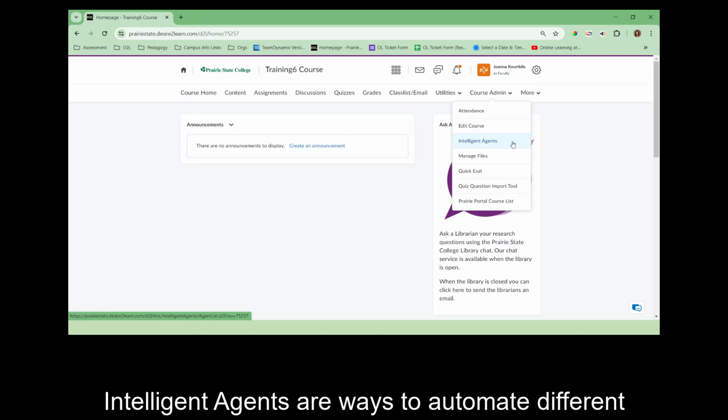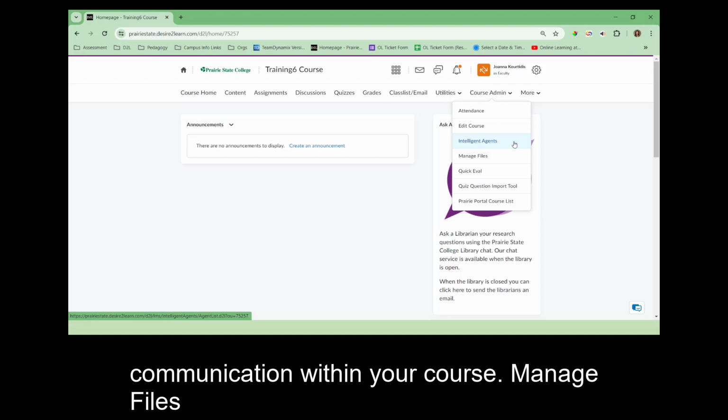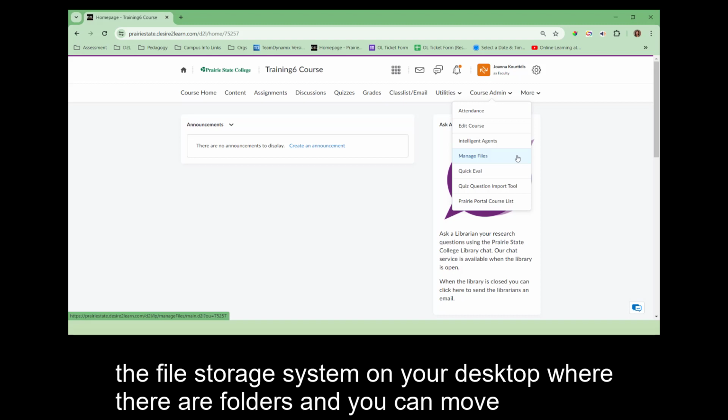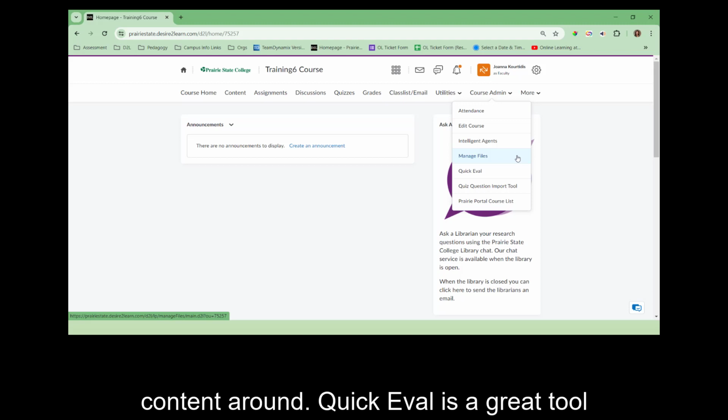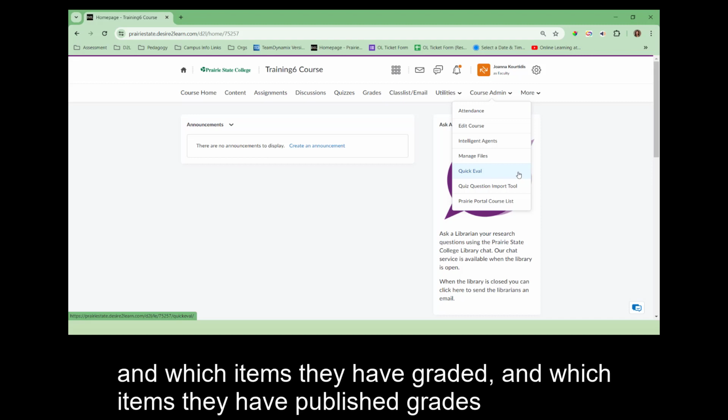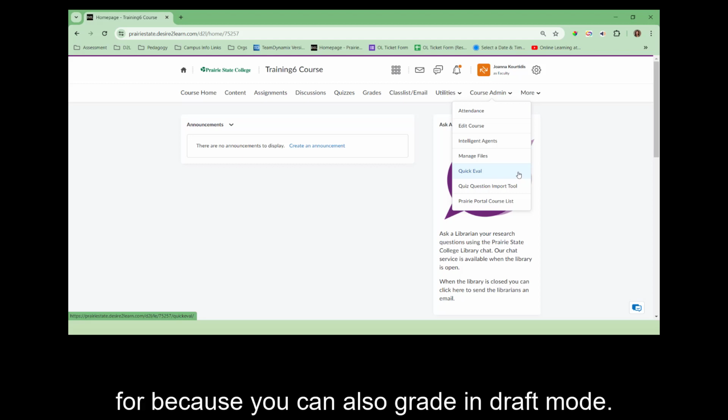Intelligent agents are ways to automate different communication within your course. Manage files is your file storage system. It functions very similar to the file storage system on your desktop, where there are folders and you can move content around. Quick Eval is a great tool for instructors to view what items they have to grade